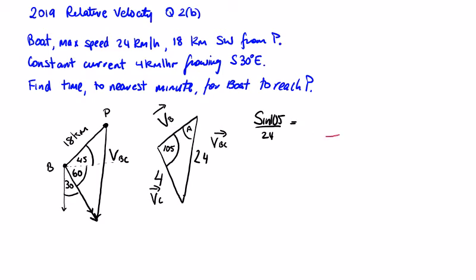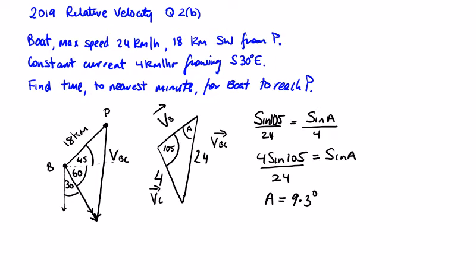Sine is on top on the left, so keep it on sine of A on top over 4. So 4 sine 105 is equal to 24 sine A. So bring that 24 underneath and get the inverse sine of 4 sine 105 over 24. And we type that into a calculator. We get